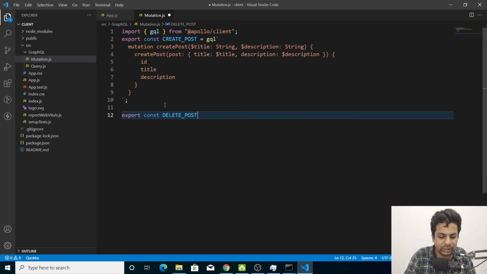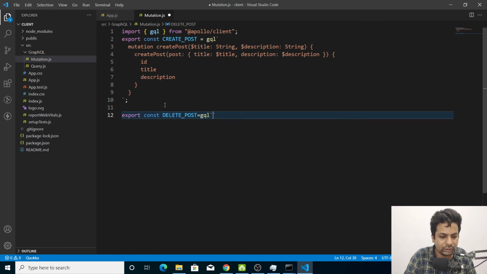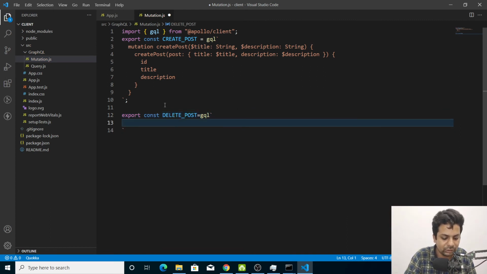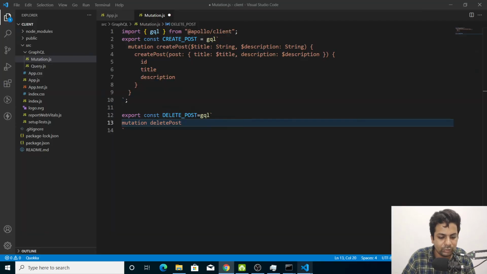We want to delete the post, we'll say gql, and we'll say mutation delete post, because this is called delete post. You can check it for deleting, this is called delete post. So we'll do delete post, and $id, we want to give the id and delete it. It will be of type string.